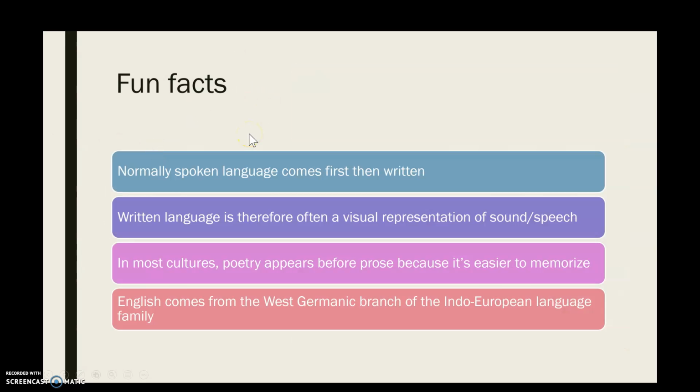So, some fun facts. Normally, spoken language comes first and then written. So, in every language, writing things down is a later development, if it even appears at all. A lot of cultures that we don't really know that much about, or that we've assumed are barbarian, we've actually found out were quite civilized. They just didn't have language in the way that we think of. They didn't write things down. They just spoke them. We know that people managed to solve many, many problems through language in the ancient world, but we don't know how they solved the problems because they just didn't write things down for us.